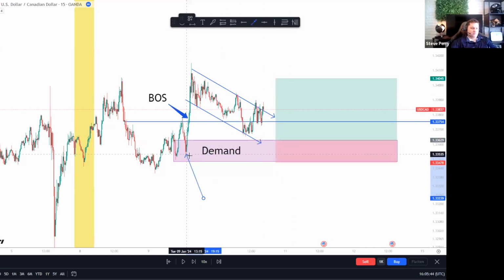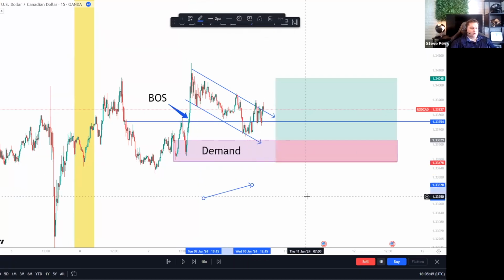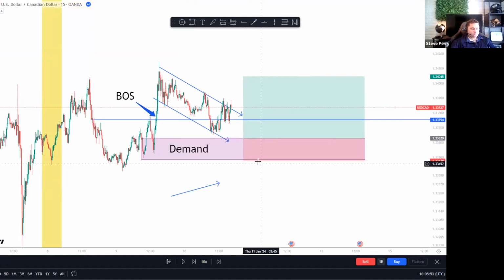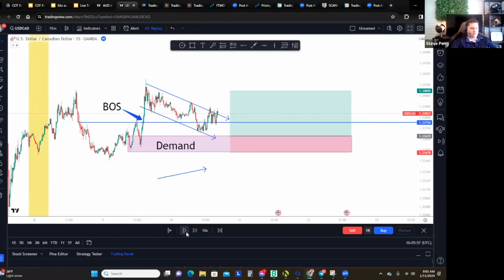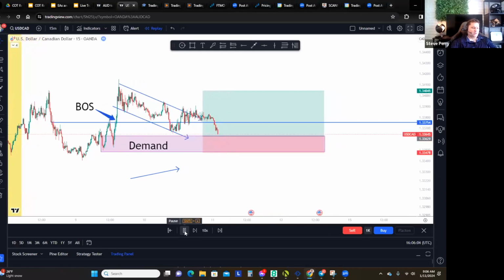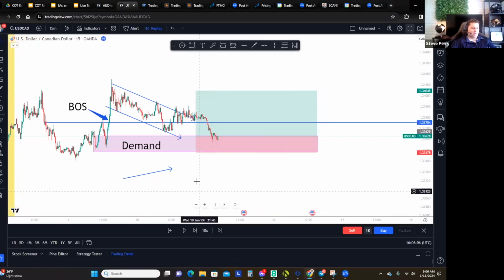So it was a demand zone that was just available, right? That's why we placed a buy right here and a stop loss right here yesterday. And now if we play this out, let's do the replay. Here's the replay. Did nothing, and then boom, we tapped in right there, and it actually stayed in here for